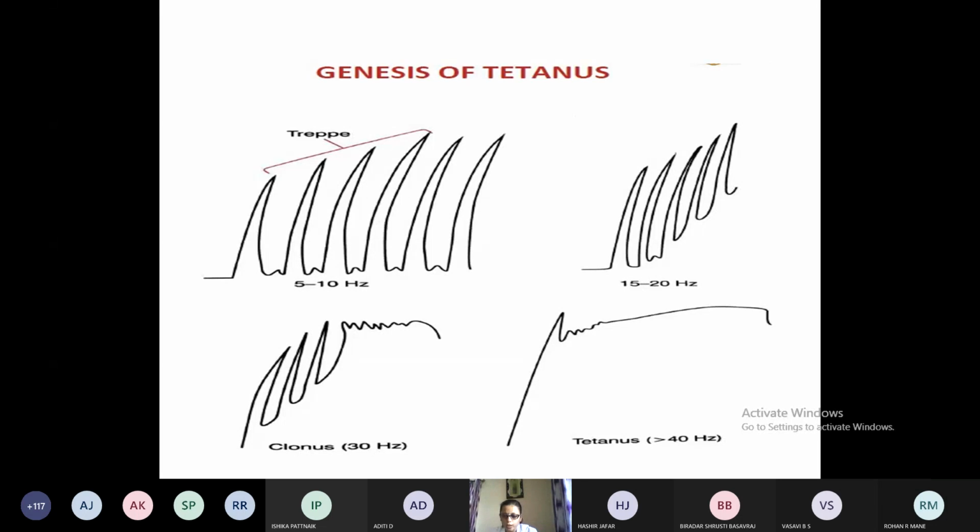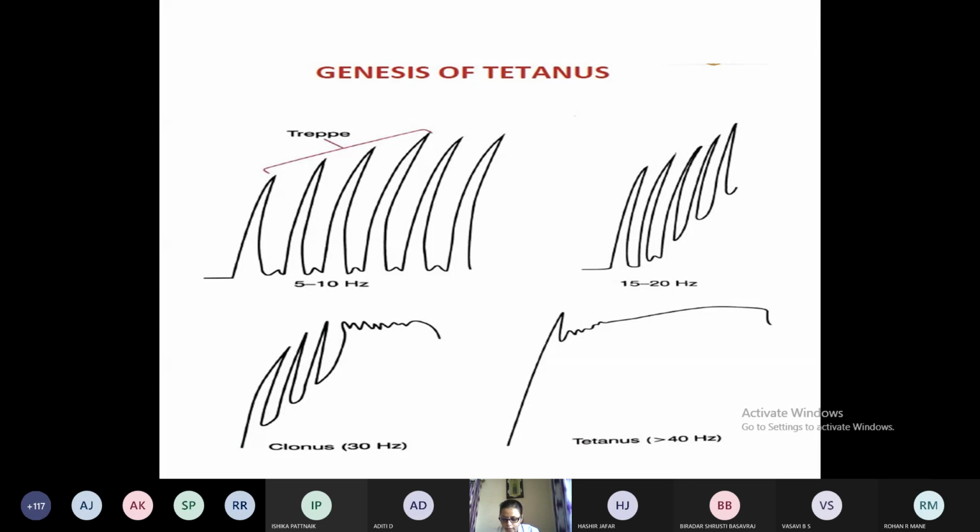So what is the physiological rate of nerve muscle stimuli during the voluntary muscle contraction and how is it maintained? So how are we applying this graph to our human body? Whenever any nerve is stimulated, its physiological rate during voluntary muscle contraction is almost 5 to 18 per second. So these tetanic contractions are usually achieved during severe isometric exercises.